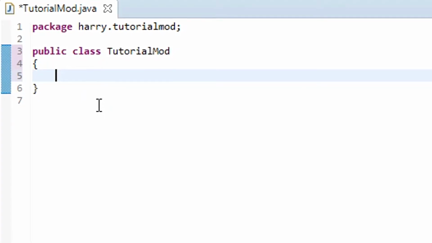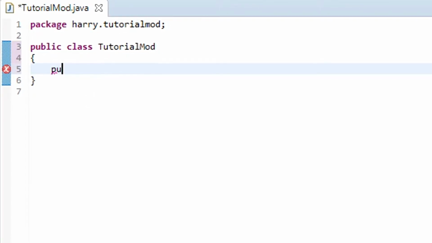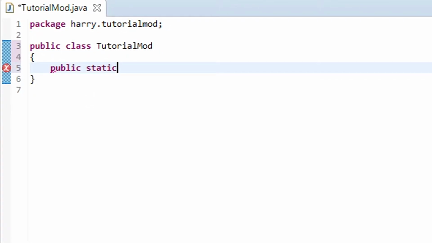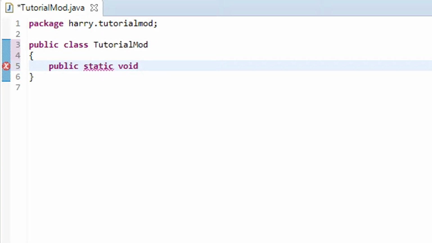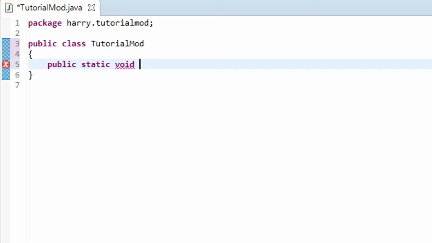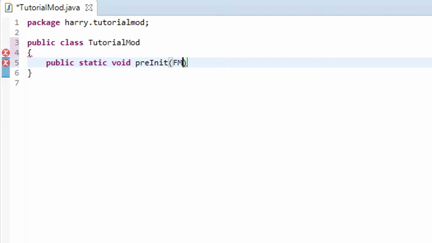And you're going to create 3 functions. First one, public. You know what public stands for. Static, which means it's here and other classes can refer to it. And then void. This just creates a function, a void function. Then preInit. This means pre-initialization. This is the name of the function. Then FML, which is Forge Modding Library,